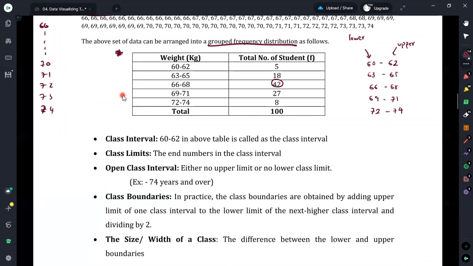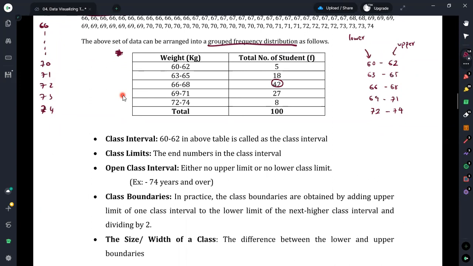Therefore, generally we can identify this lower and the upper bound for the class interval, but it is not a hard and fast rule, and it is not necessary to have both. One of these may be enough to have it as a class. It is because there is a concept called the open-ended class. Therefore, either the lower or the upper may be missing in some classes, but normally we can see that there is a lower bound as well as an upper bound in the classes we are considering.